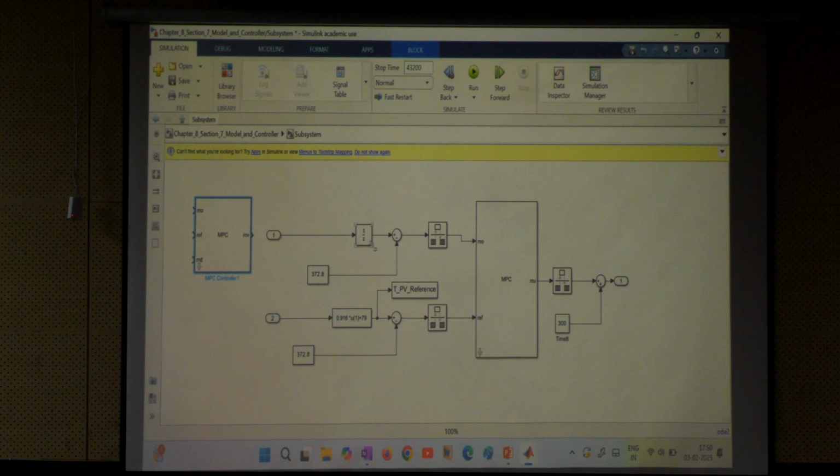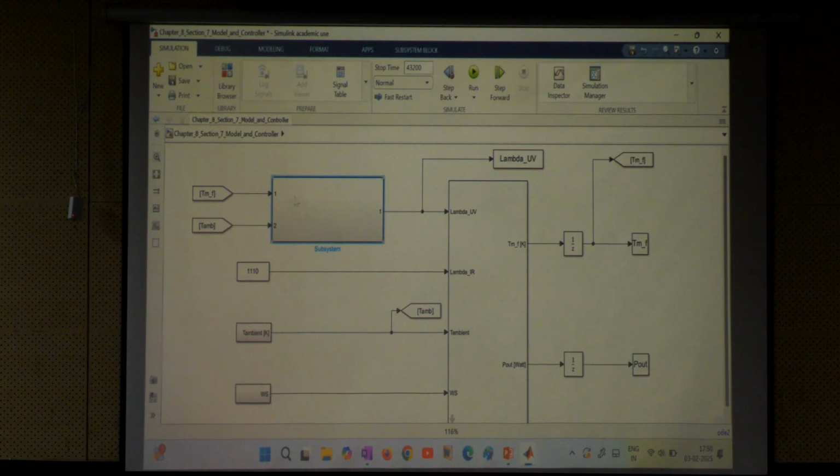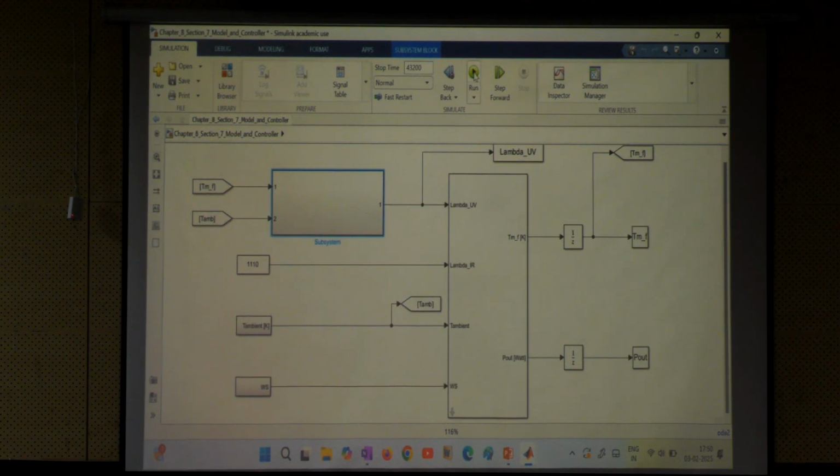Okay. Reference, we'll get it from the reference set point that we are creating from the linear relation between module temperature and ambient temperature. From there we'll set it, and the manipulated output is from the output. So this has been designed here. This part is our comparison part. Okay, and then MPC is modeled as a subsystem here. Fine. And if I now run it,